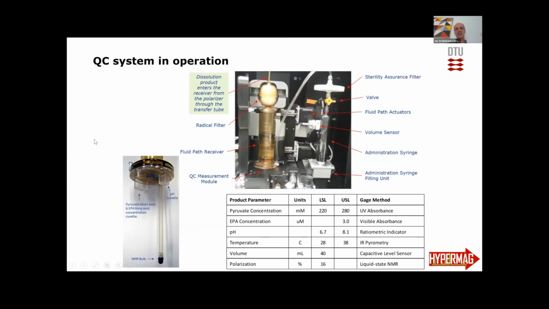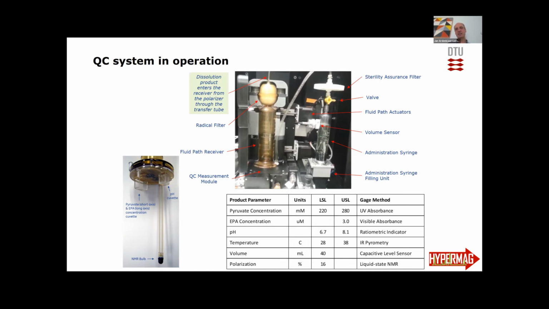And here you see a video of the quality control system. So the liquid that was retrieved manually in the previous video is here shown as it's being retrieved in the quality control system. The video in the center is just looping, so you see it many times, but you can see that the receiver has some solvent. You can see that the hyperpolarized solution enters the receiver and fills it up as a clear liquid because the green radical has been removed, and then it's pushed from the receiver into the MedRat syringe